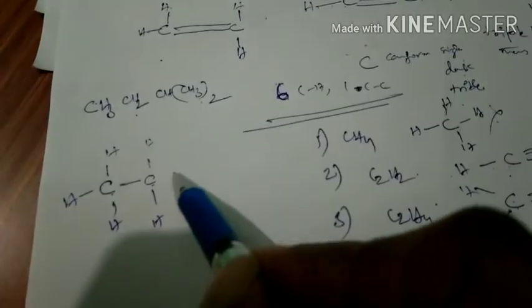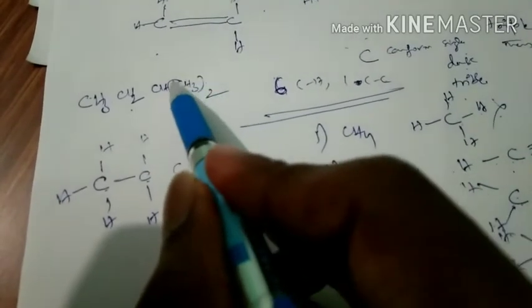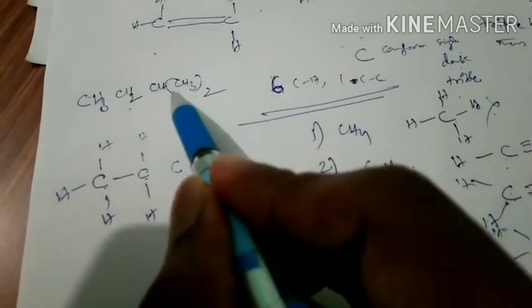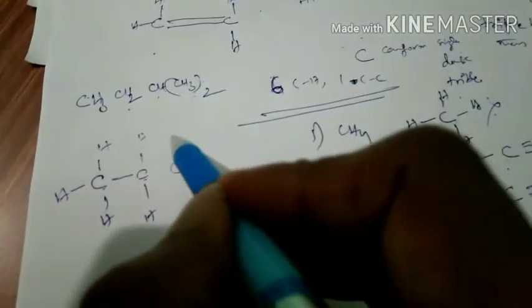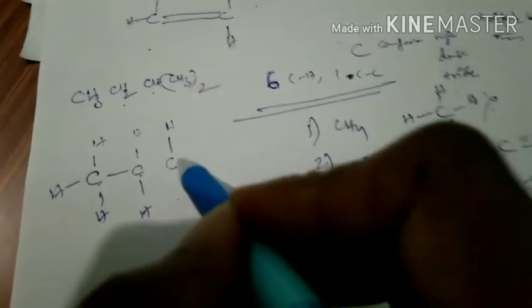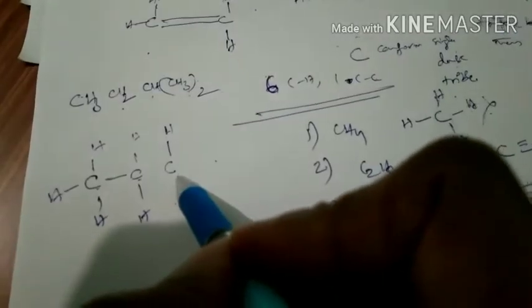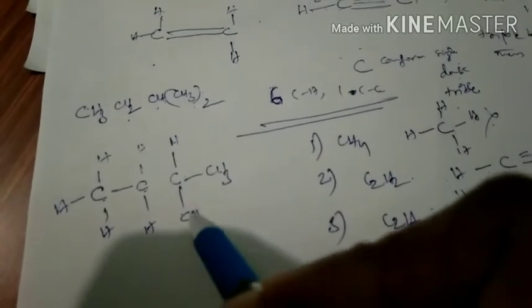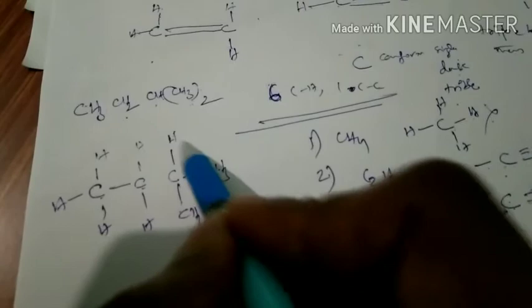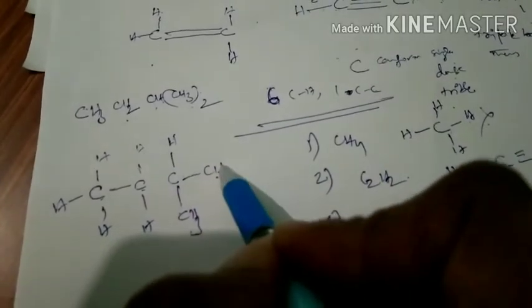Now come to this one. See, here CH3 twice. That means 2 CH3 groups are present on this carbon. That is the meaning of this. If twice is there, that means that part is present on that carbon atom. So this carbon contains 1 hydrogen and 2 CH3 groups. You can write hydrogen here, or here. Now 1 CH3 lower side, 1 CH3 straight up, or you can write CH3 this side also. Then hydrogen, you can write here only.